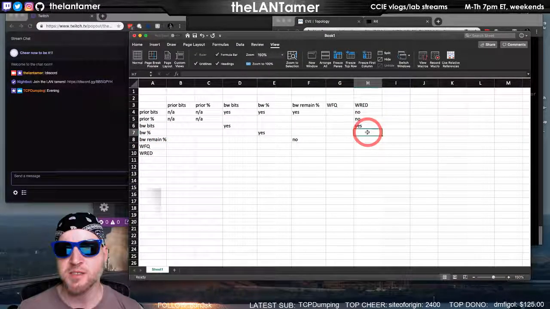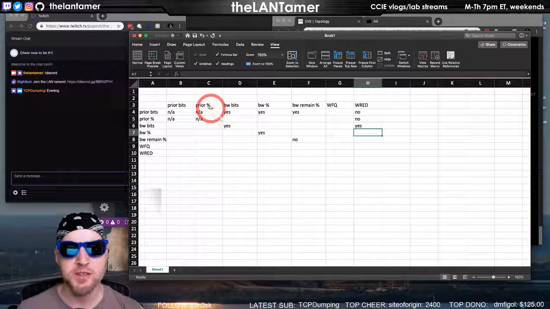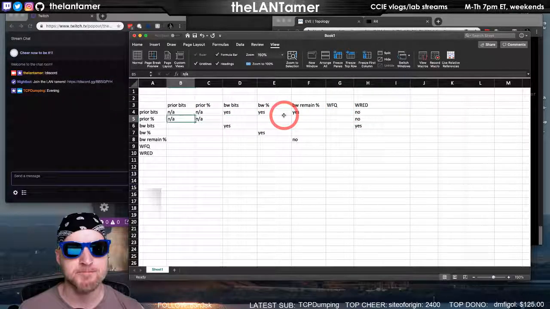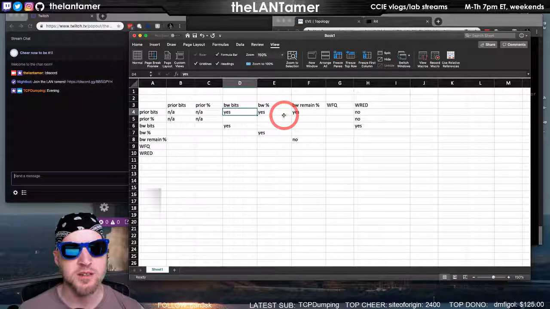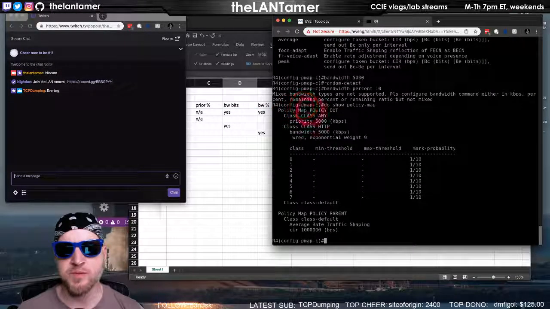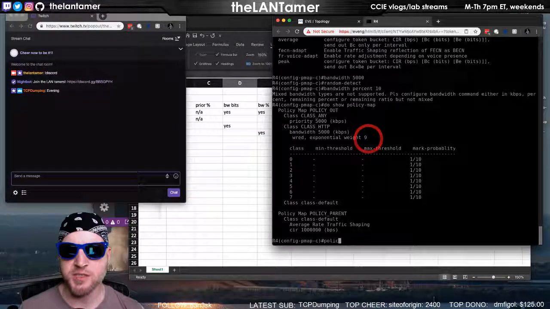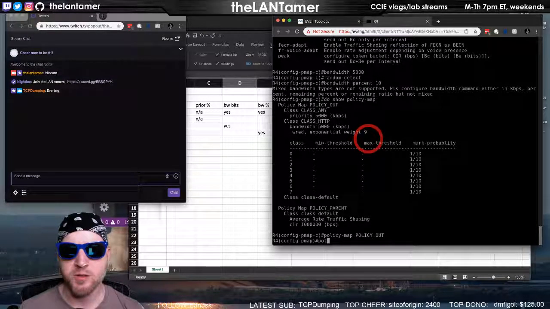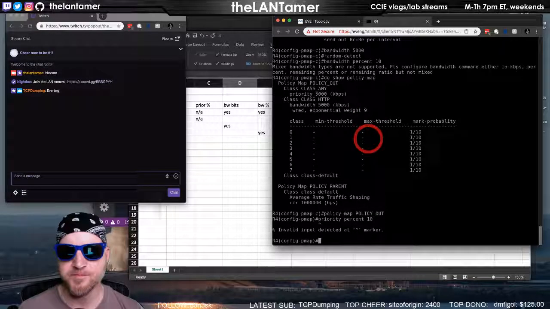Bandwidth percent. We're getting a little ahead of ourselves, so let me jump back here. Priority percent and bandwidth in bits. Yes, that will work. We've demonstrated that. So let's go back though. Policy map, policy out, priority percent 10.